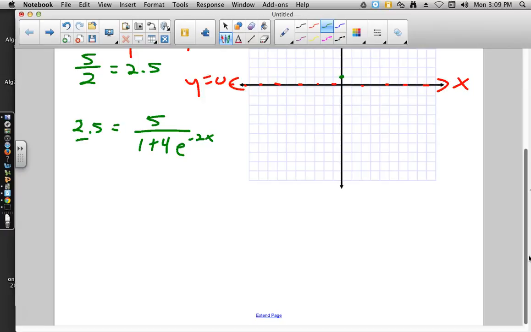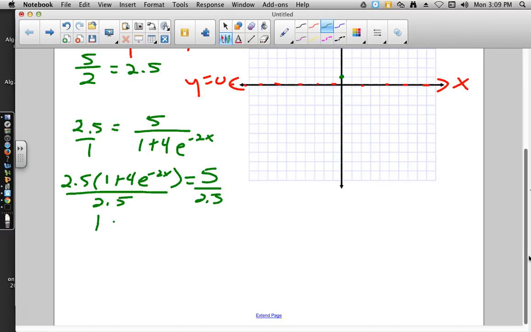So first thing we would do is slap a 1 under here and cross multiply. I wouldn't even bother changing that into 5 halves to cross multiply. It's not going to make any difference. So when we do that, we get 2.5 times 1 plus 4 e to the negative 2x equals 5. Then we could divide both sides by 2.5 and get 1 plus 4 e to the negative 2x equals 2. As I said before, it really wouldn't make any difference if we used 5 halves here or 2.5 over 1. Then we would subtract 1 from both sides, divide by 4,